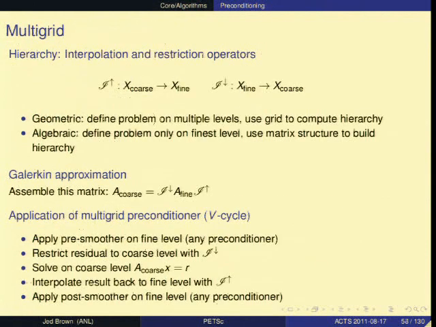So multigrid methods are the prototypical scalable algorithm. The idea here is you have some coarse space and a fine space and a way to get between them. And then you're going to have some kind of operation that takes care of the high-frequency modes, that is, everything that wasn't going to be represented on the coarse level.